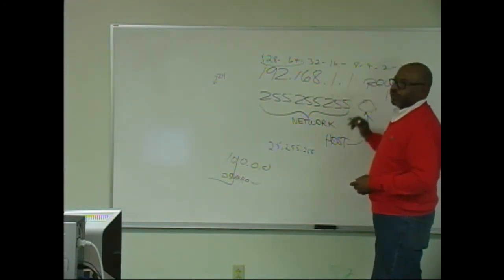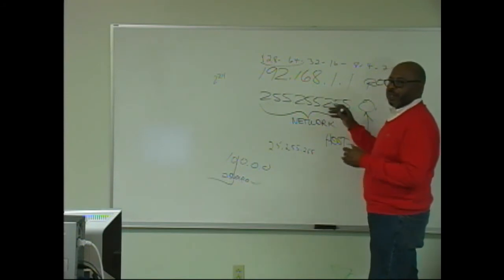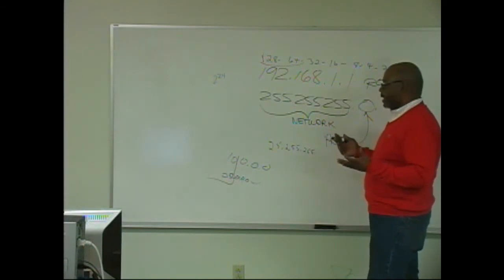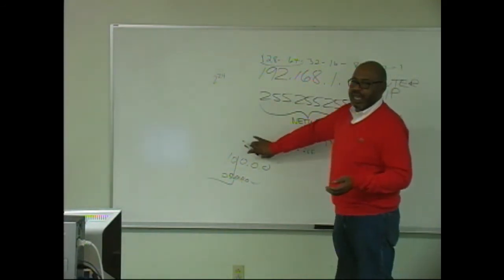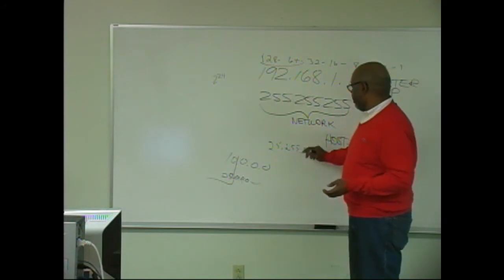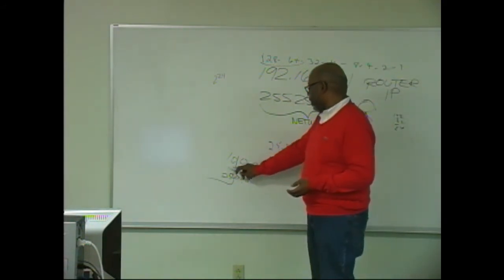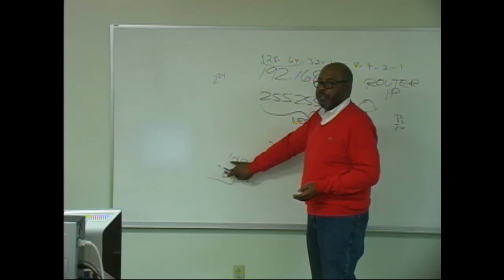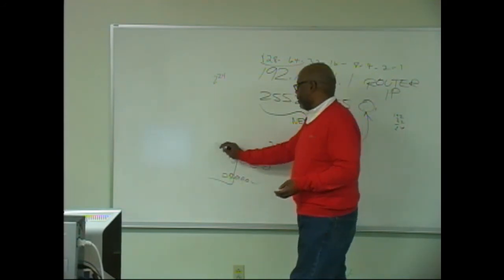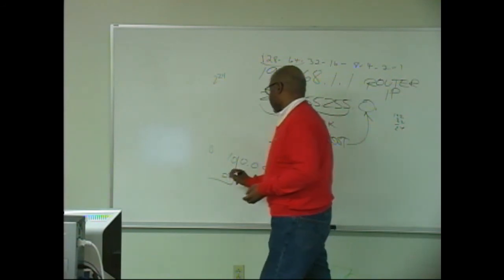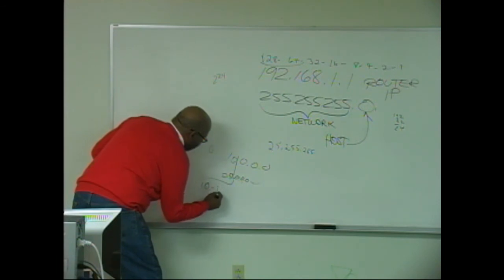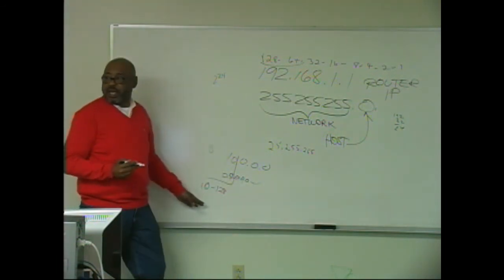Gotcha. I can break those numbers out at another time, but you're getting into subnetting, and that's how you can subnet class A, class B, and class C. The only way you can do it is that the network bit will always be turned on for class A, which starts with the 0. And the next one, 10, would be 128. And you see 128 starts